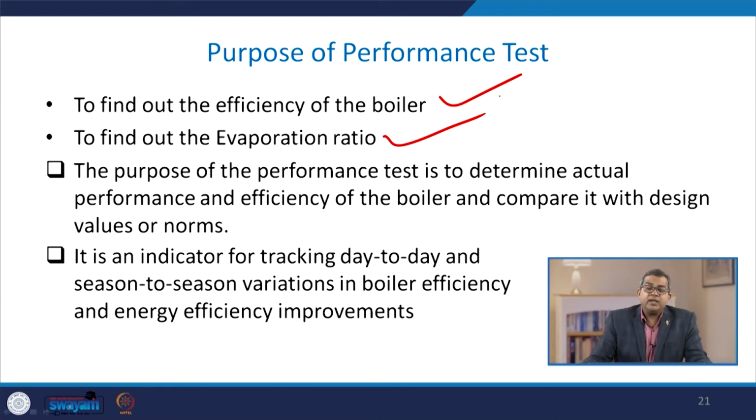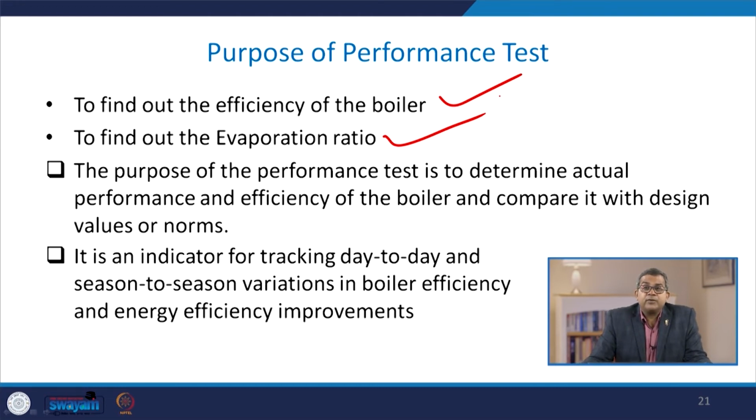You see, there are various norms set by different government organizations, because sometimes if you are not getting the proper efficiency, one of the reasons may be unburnt fuel, and this may create an environmental problem. And of course, if you are not having the proper evaporation ratio, that means your tubes are not functioning properly. This is a pressure vessel, and any kind of choking or malfunctioning of the tube may create a severe problem to